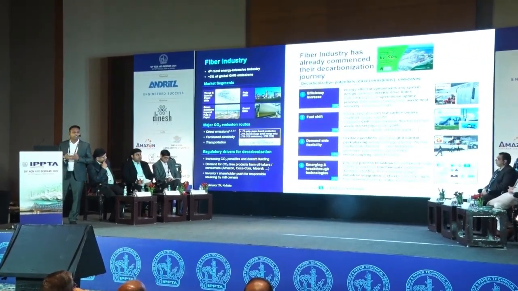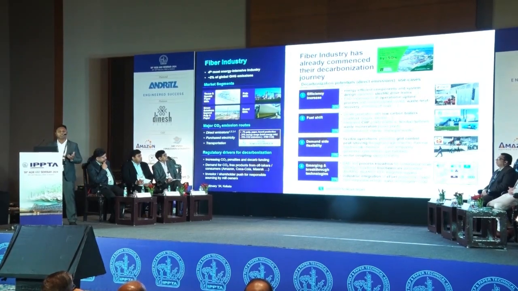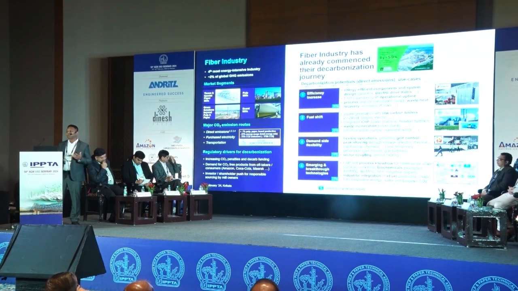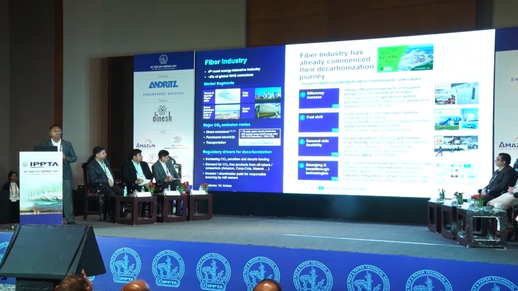First is the direct emission, second is the transportation that we are using in the industry, and the third is purchased electricity. The control of the technology supplier to the industry and the industry itself is more on the direct emission, and that's where the industry and technology suppliers are both focusing in order to reduce the carbon emission. And this emissions reduction is happening in four heads mainly.